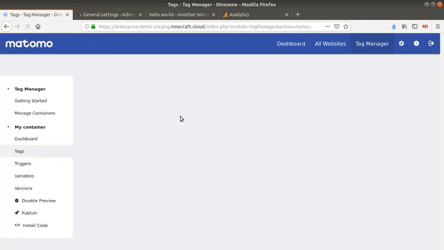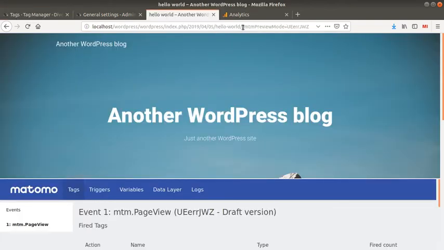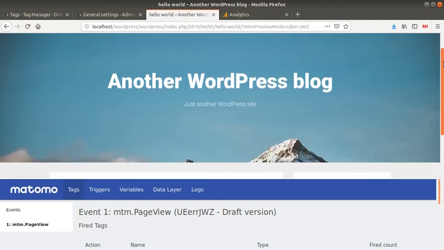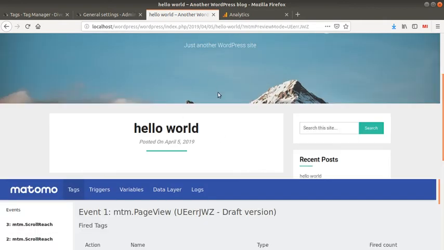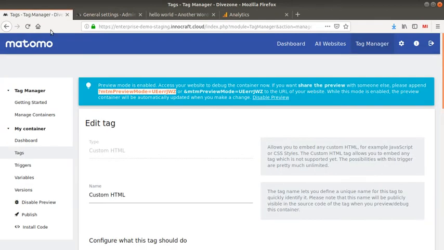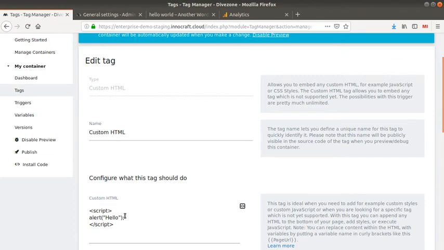I can use the preview mode like this, and if I go over here and refresh my page, and scroll, I should see, yep, these alerts coming up. Of course there's no interest in having such an alert on your website, but it was just to illustrate that with tags you can inject any kind of tracking code or any script that you want, as far as it's JavaScript code.